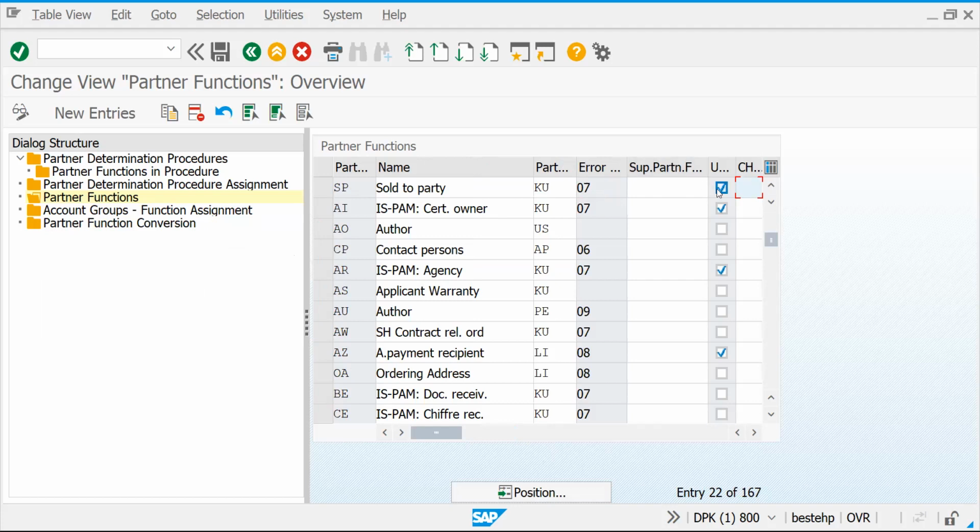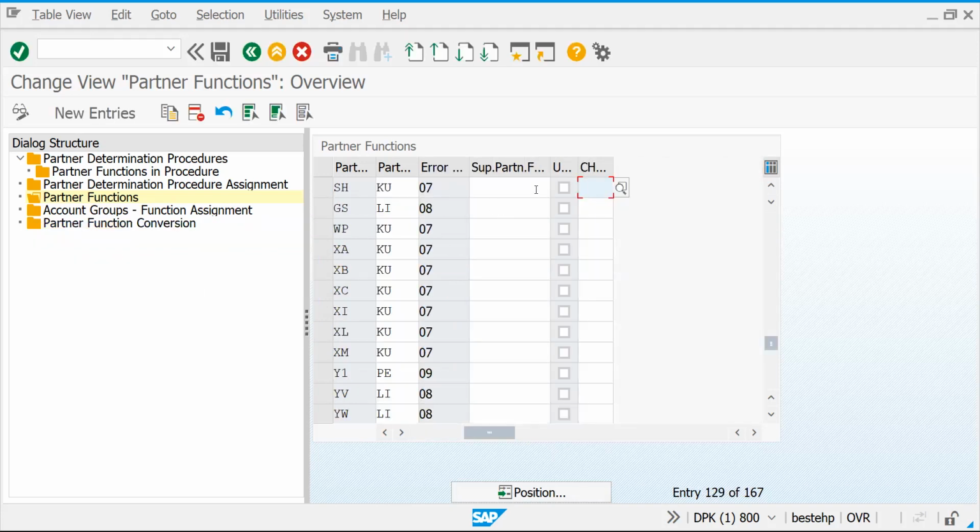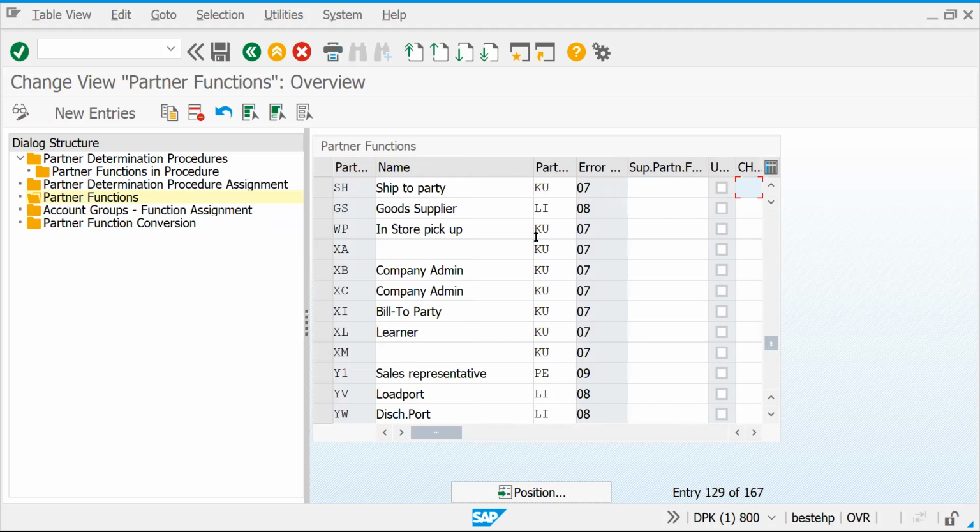In such cases we will create this partner function as unique, so that in master data no one is able to modify this function. But if you go to ship to party, it shouldn't be unique. But if the client requirement says that it should be unique, then you have to keep it unique. I will show you in the SAP system what this unique is, so that your partner function will not be modified with any duplicate partner.